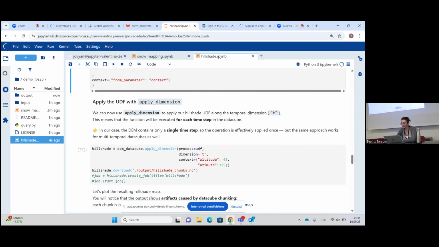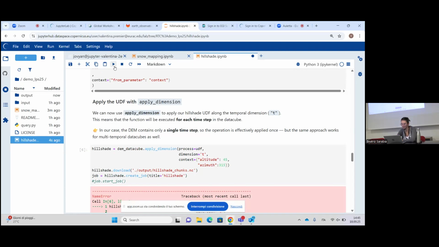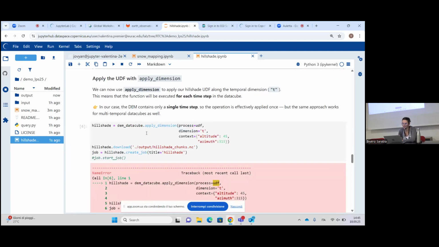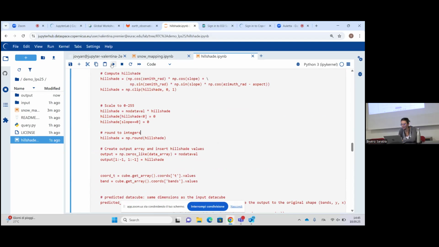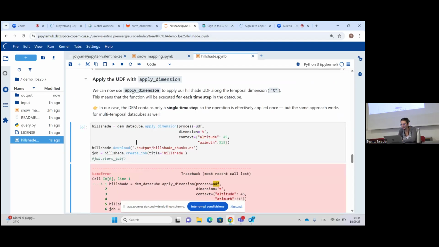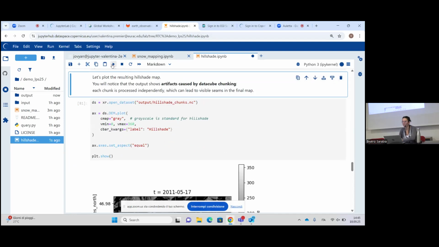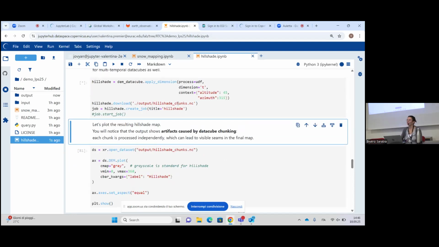So let's try to do this exercise by using apply dimension. I didn't run the previous cell, sorry. So let's try to do it by dividing in chunks, as I was mentioning. By using apply dimension, you are reproducing the function over a dimension that in this case can be a